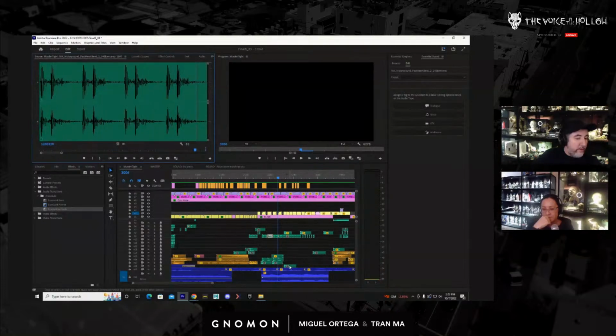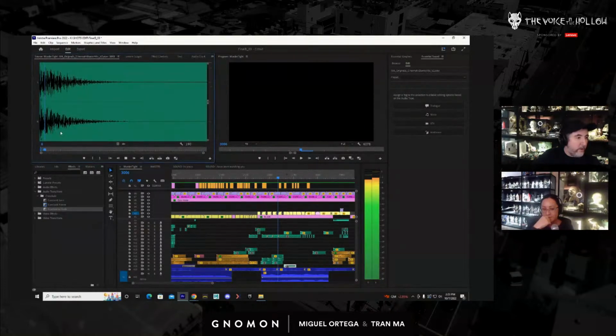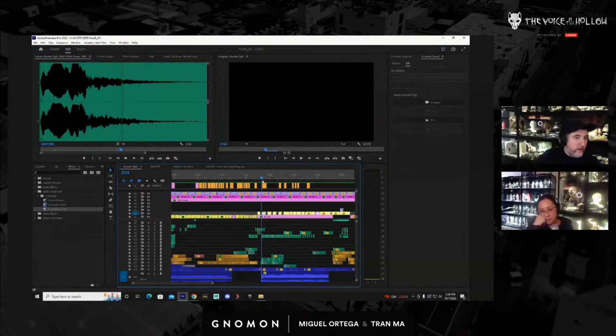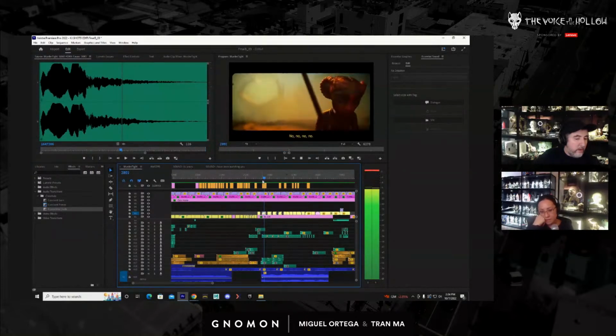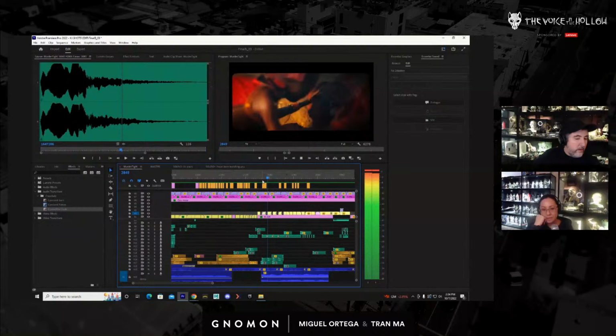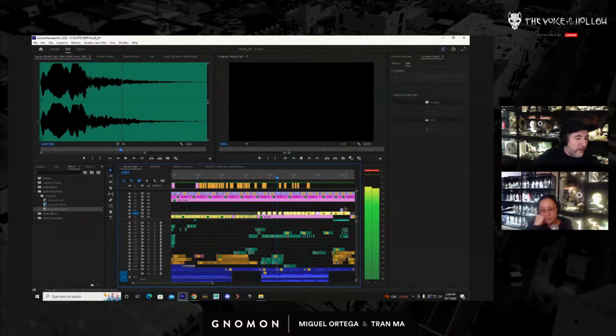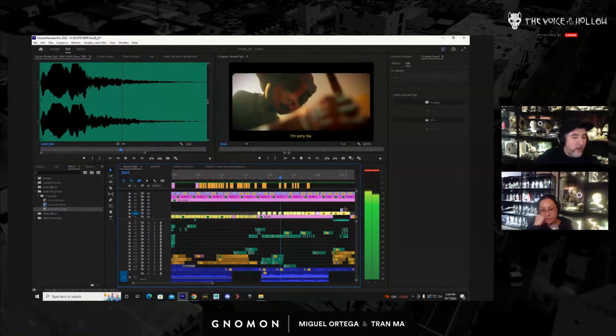Now we have these secondary drums. We have horns over here. So there's no score, but when you hear them all together, it sounds like some sort of song going on.